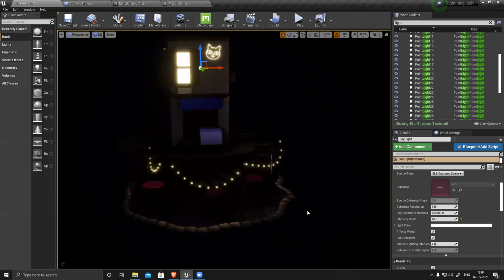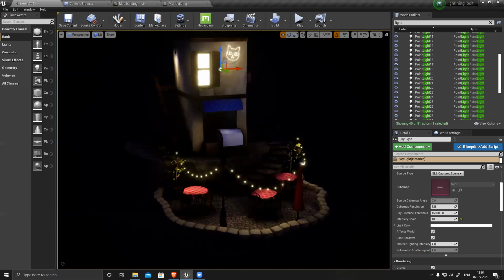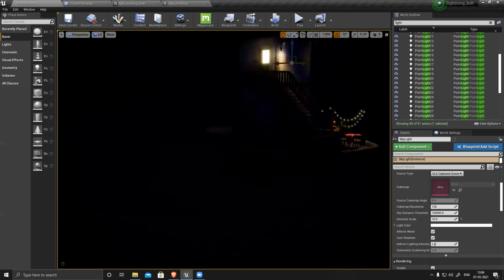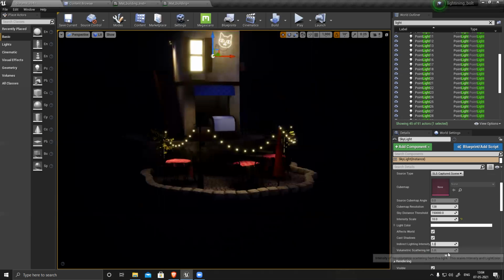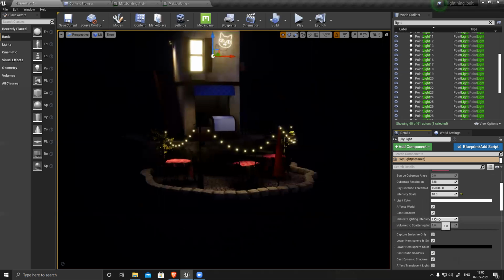It's generating. Still pretty dark. So indirect light, what I'll do is increase this to 2. Cast shadow and everything is on. Build it one more time.